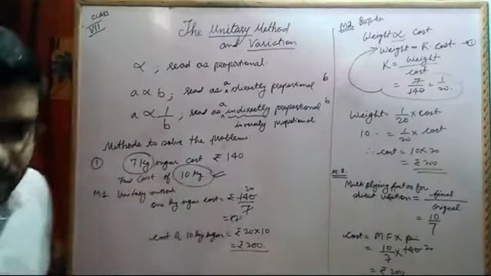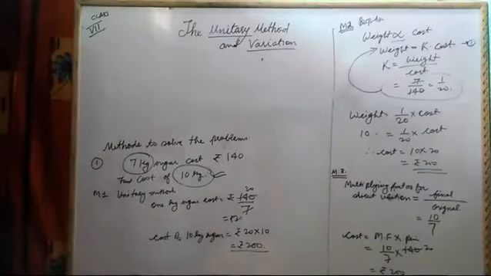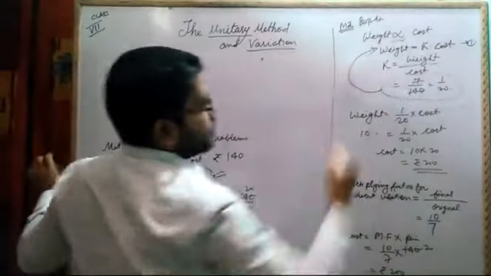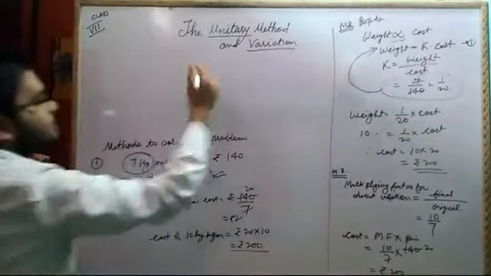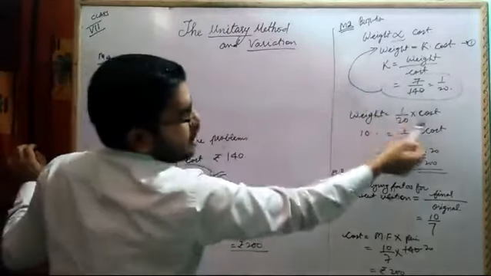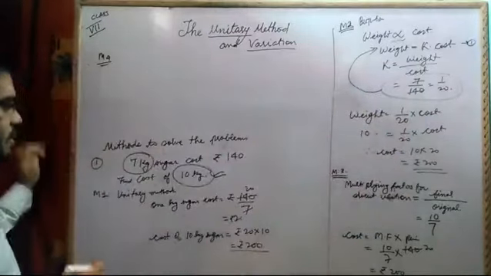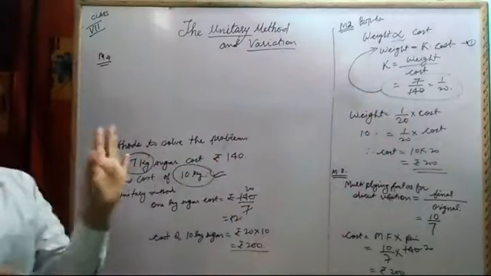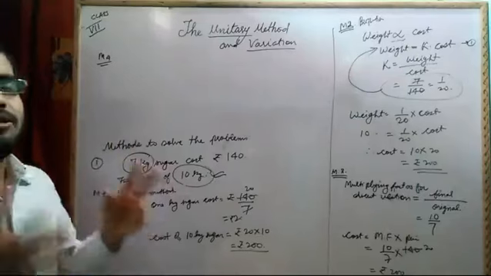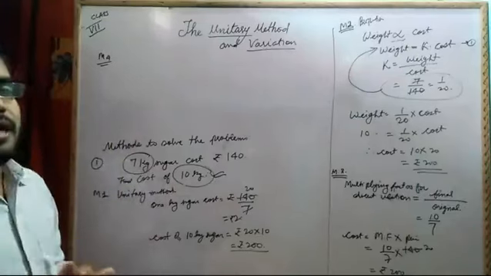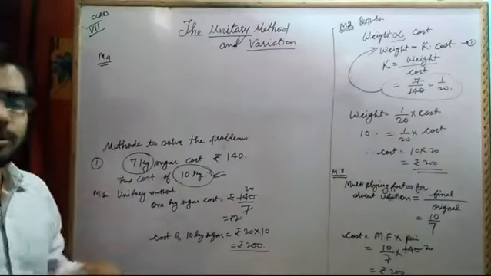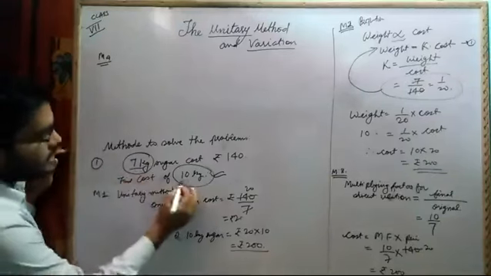And one more method I will be teaching right now, the proportional method. That is also called the proportional method, but by using symbols I have shown. Now next thing again, if you want method 4, it is the same only, but we are not going to derive the formula and then substitute the values. Directly we will write. How we are going to use the ratio and proportion chapter we all have studied, and we have seen that proportion means equality of two ratios. Now ratio means what? It is a ratio of similar quantities. Ratio is always calculated for similar quantities. So here we are having 7 kg and 10 kg.